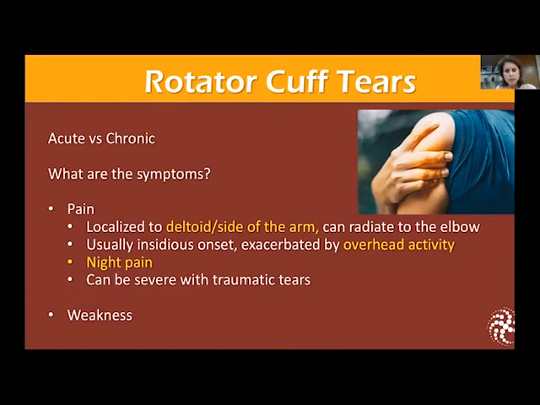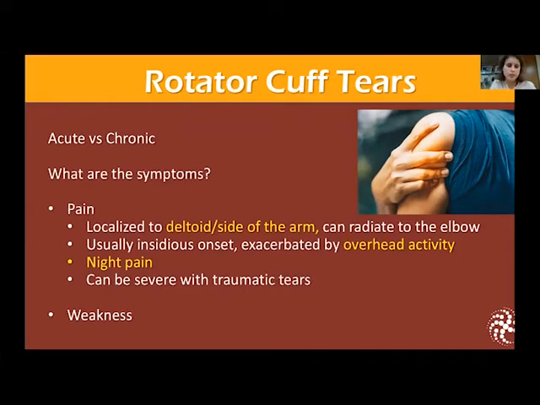But both present with similar symptoms. The main symptom is pain, and the pain is often localized right to the outside upper arm, over the deltoid, and a lot of times it can even radiate down to the elbow. Night pain is a big one. If there's a lot of pain at night and it wakes you up from your sleep, that can indicate